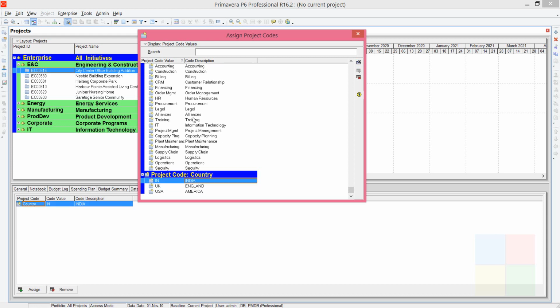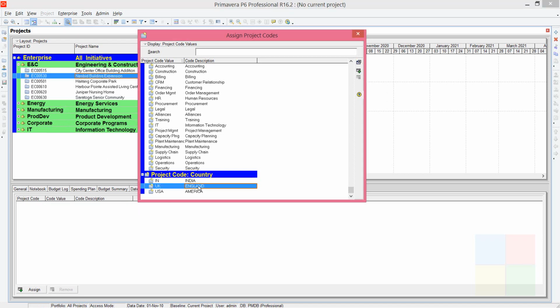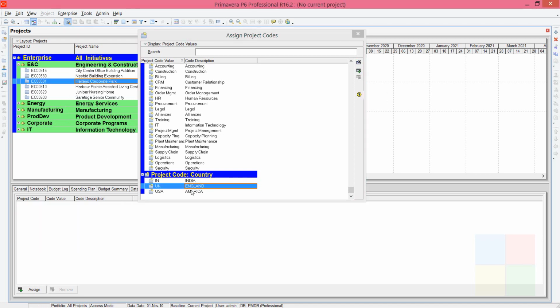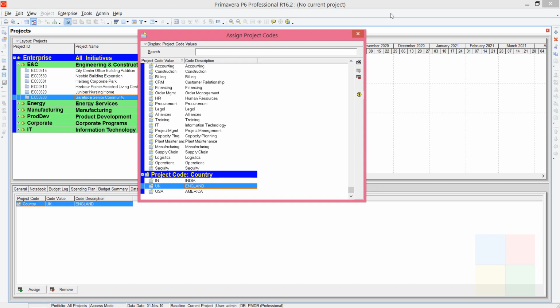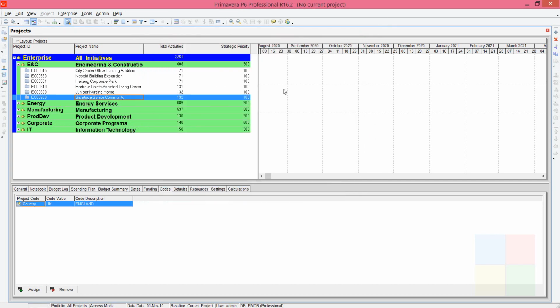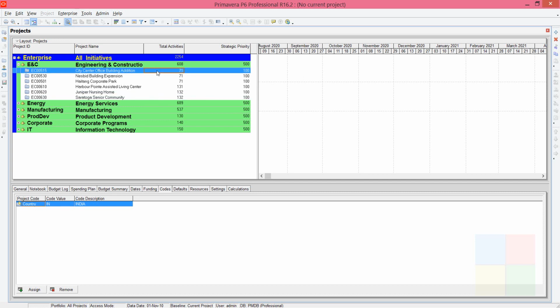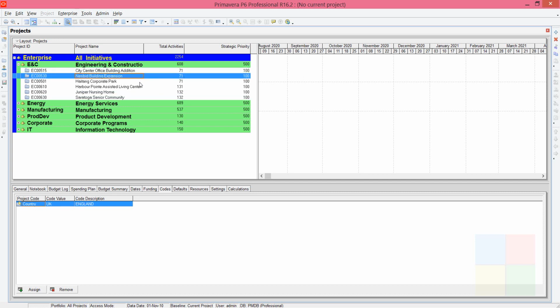For the first I'll assign India, for the second England, for the third America, the fourth India, the fifth India, and the sixth England. The meaning of this is that this project is taking place in India and this one in England, and so on.